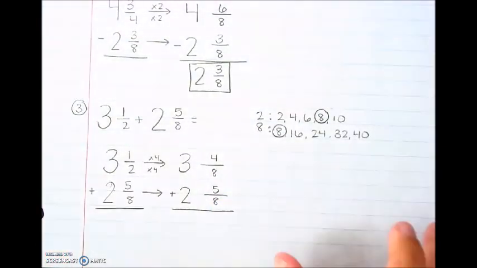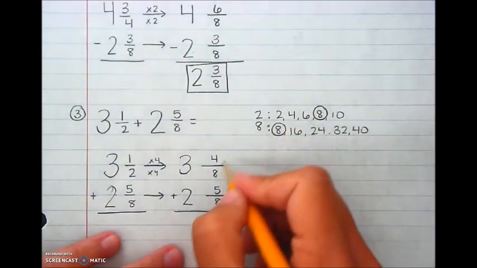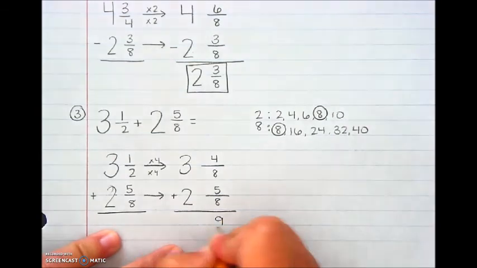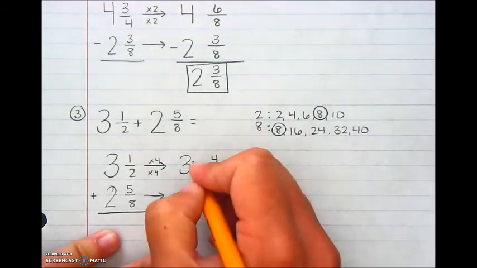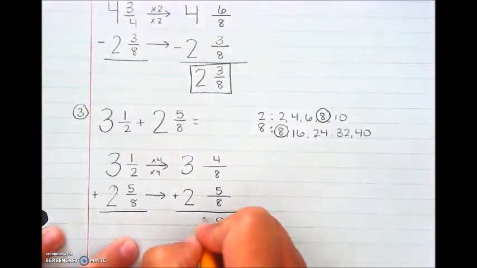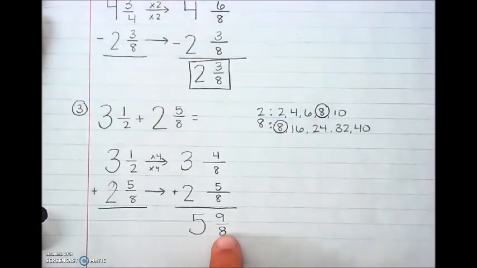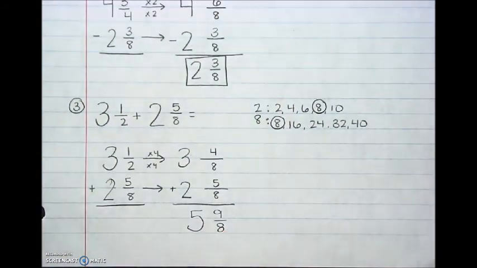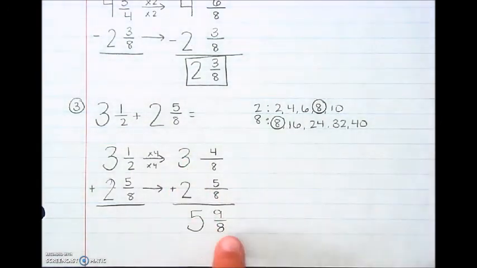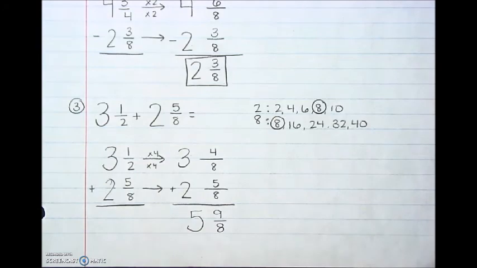Okay, so I picked this example because when I add 4/8 and 5/8, I end up with 9/8. So if I were to do the addition of this and then add together my 3 plus my 2, I would get 5 9/8, which has an improper fraction as part of its sum. Just like when we were adding proper fractions, meaning not mixed numbers, sometimes our answer is going to have an